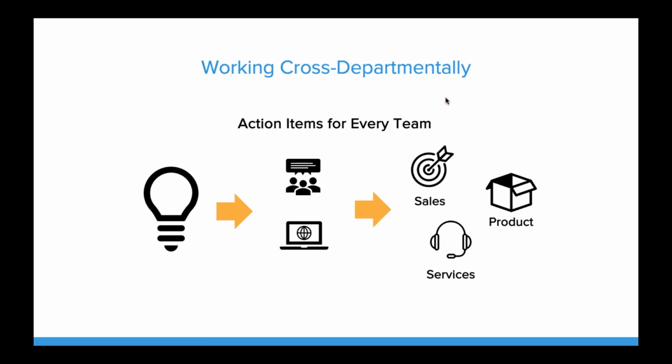And then in terms of working with each of these departments, because churn touches every team, competitive intelligence touches every team, and so making sure that this is driving the right action across the business. I think about this flow of ultimately driving action items for every team. So you're starting with that competitive intelligence that you're discovering, then you're bringing that say to meetings or trainings, but also that real-time access online to make sure that all of those stakeholders can dive in and access it whenever they need. And then ultimately driving those takeaways for every team.